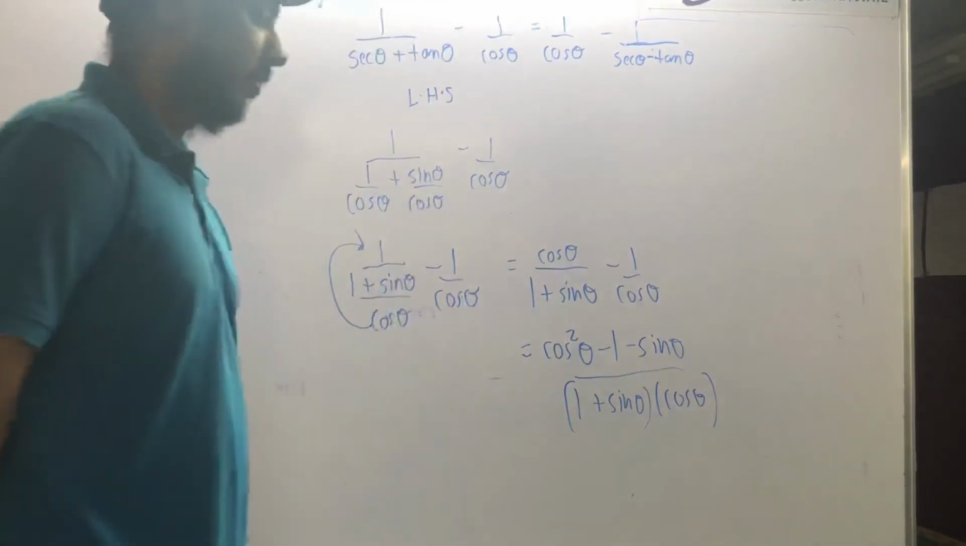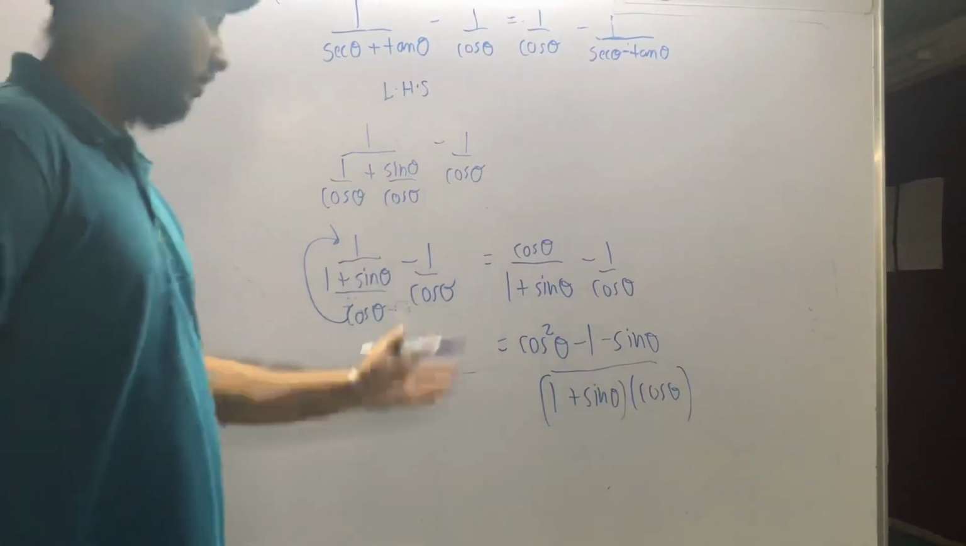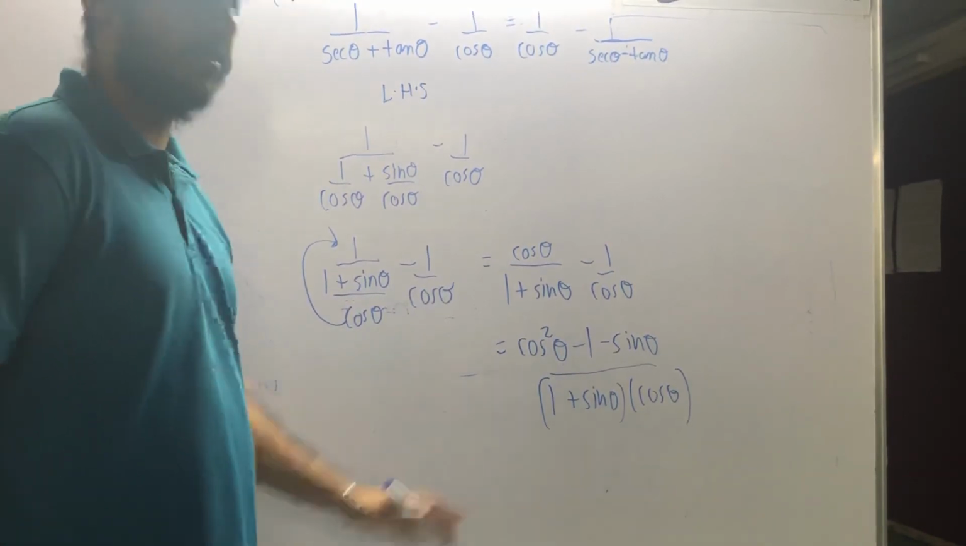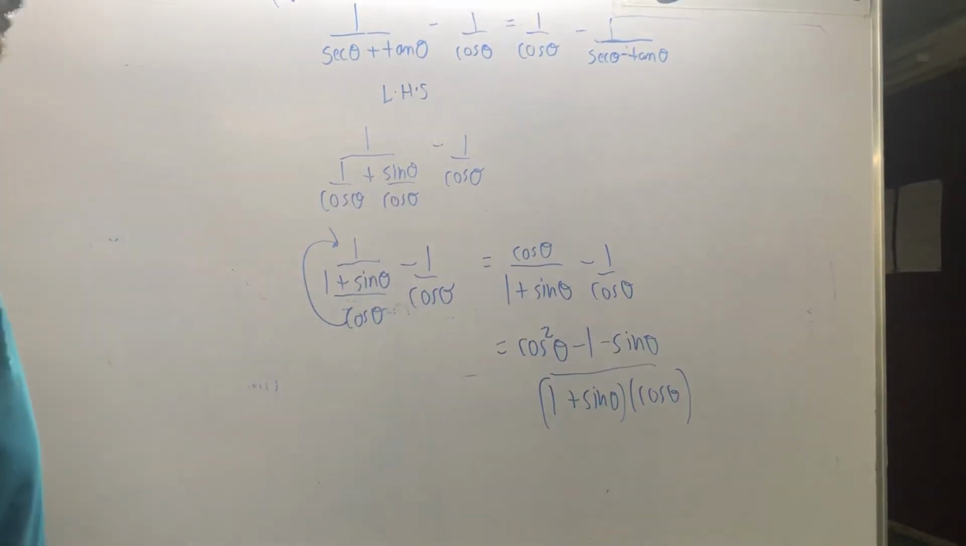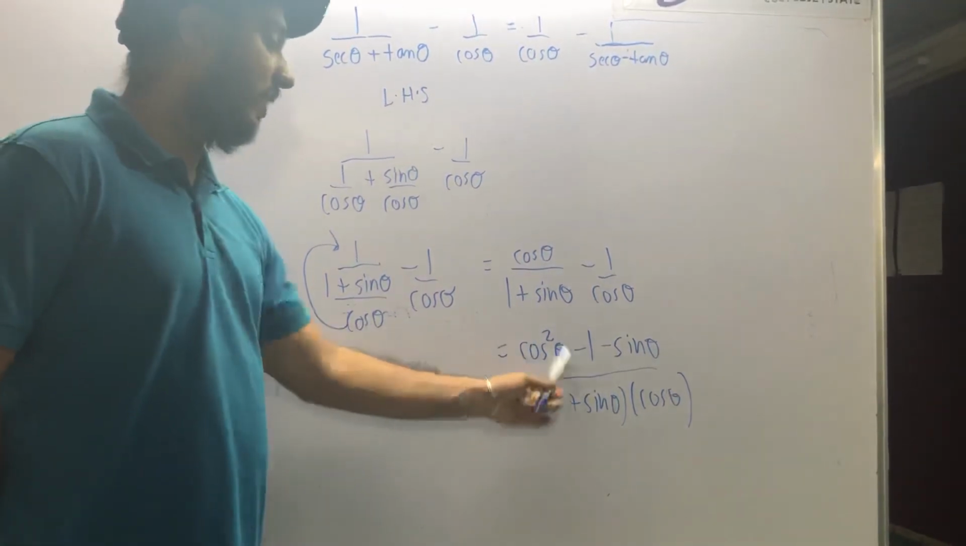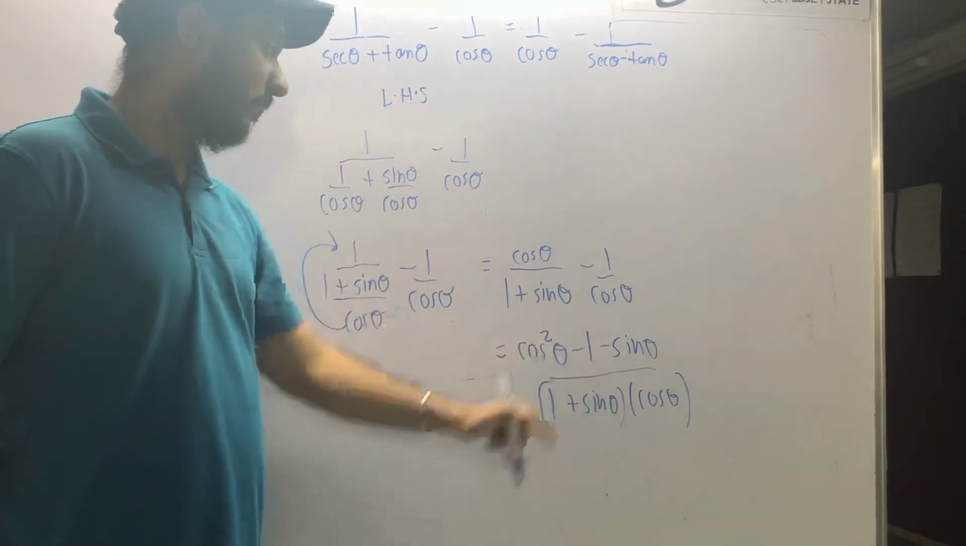Is it right? Yes. So now what can you do? There is no identity possible here, right? Nothing much you can do in this one. So look at the numerator. Are you seeing a 1 there? And there is a cos square. So to eliminate this cos square, you can basically convert this 1 into